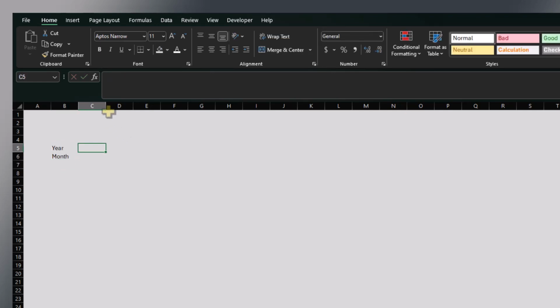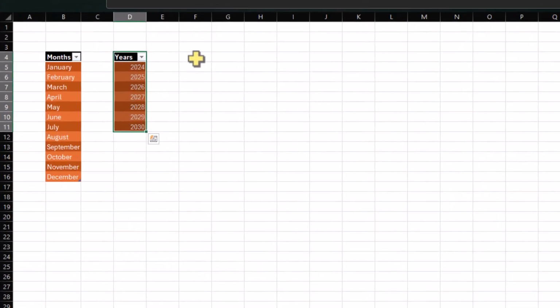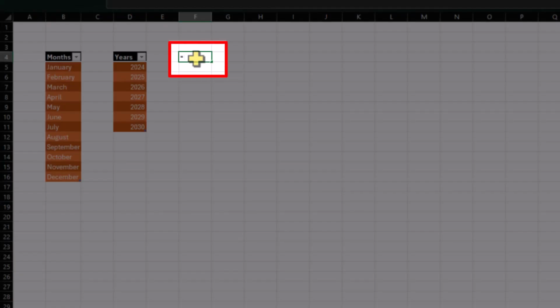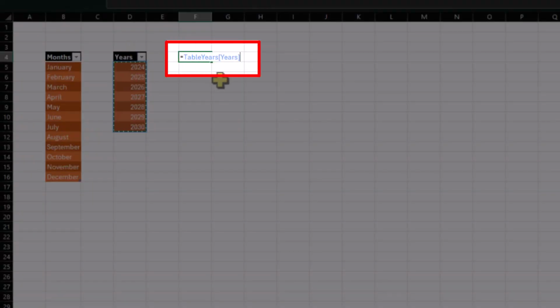And what we want to do here is put a data validation list, and we want to reference that table name. So let's just have a look. If we jump back to sheet 2, if we reference the table, so if we select equals and then select the table, the syntax that Excel uses to reference that table is in this format. So the table name and then square brackets for the column. So let's copy that